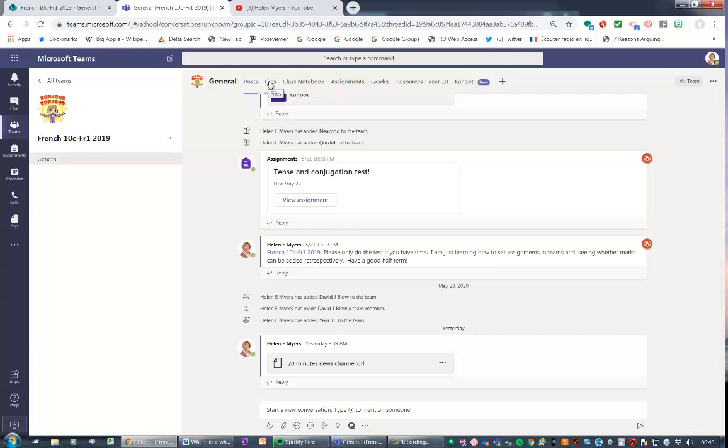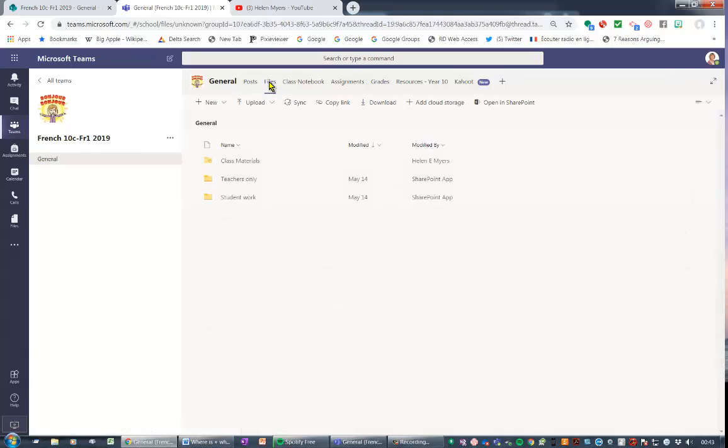And what you can do is you can still stay within the team if you want to, but when it gets to the files, you would then go perhaps straight to here to open in SharePoint. Rather than navigating the files in here, you could go straight to SharePoint. So open in SharePoint,